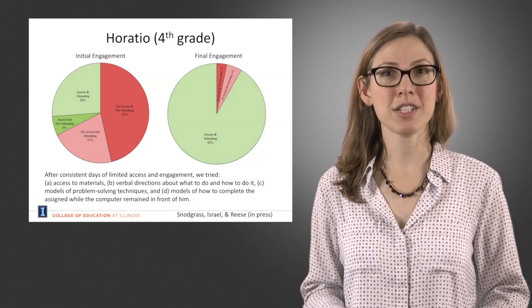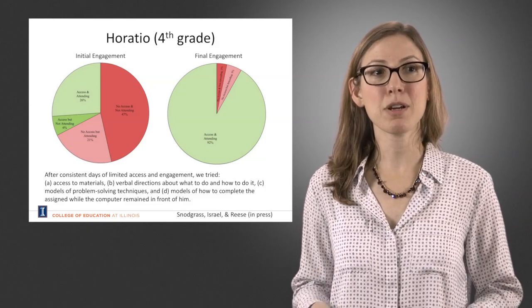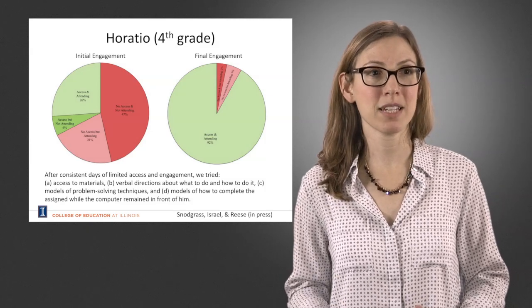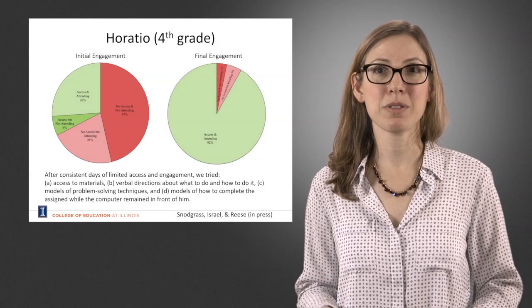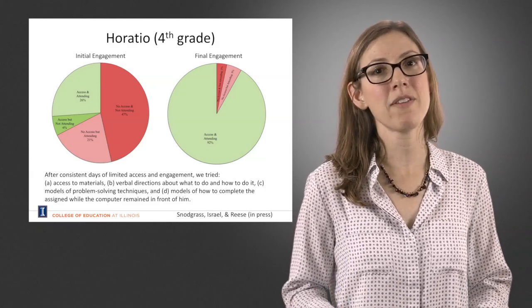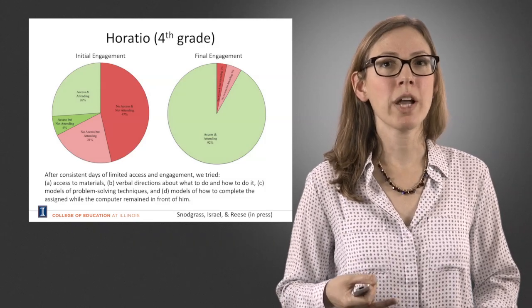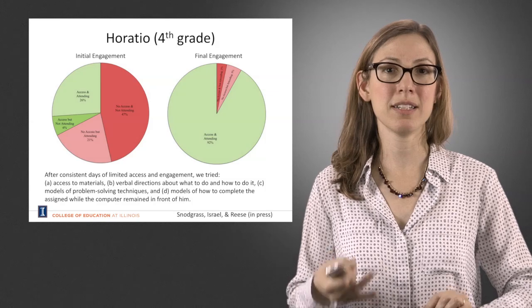The only intervention that we did for Horatio is we told his support staff to keep the computer in front of him and to just talk to him and use some verbal prompting. And so as soon as that happened, Horatio was able to engage with the computing. He just needed a little bit of extra verbal prompting. When he got stuck, he needed somebody to tell him, why don't you try to do this? And as soon as he got unstuck, he was able to continue on.